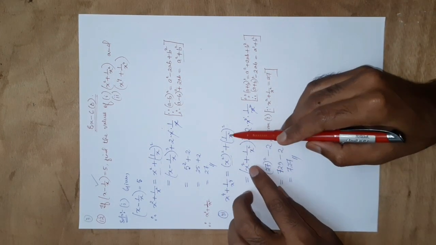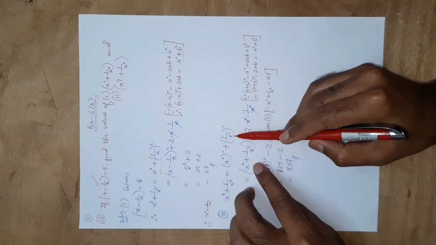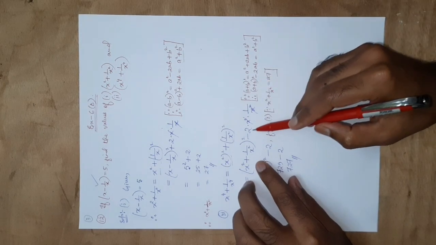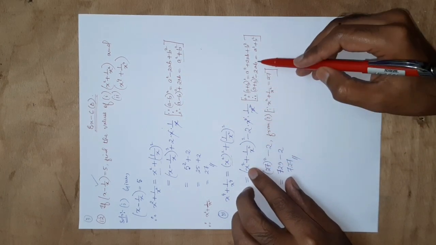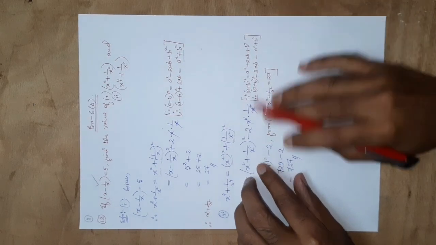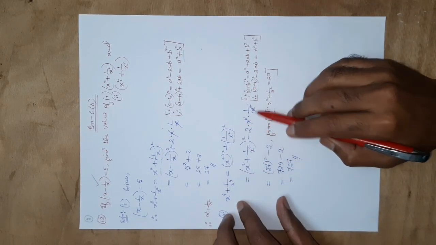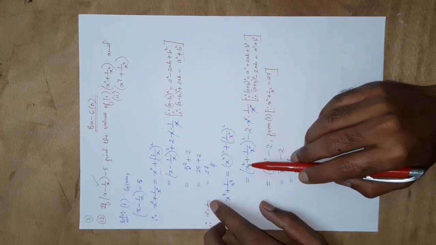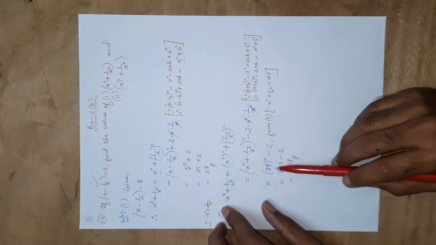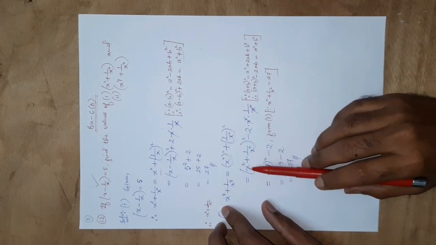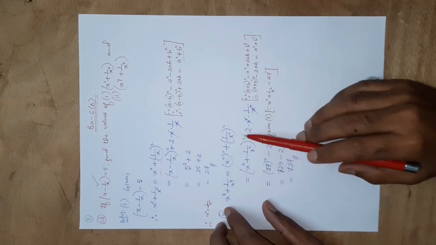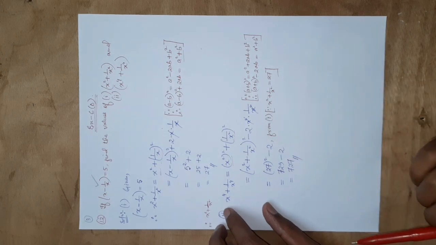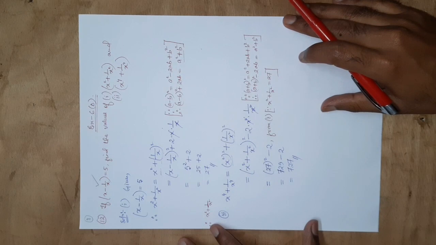So what can I write? a, that is x square, plus b, that is 1 by x square, whole square, minus 2 into a into b. Follow? Here the x square cancels, leaving minus 2 into 1, minus 2. I have this in the form x square plus 1 by x square, and I have the value 27. So 27 whole square is 729, minus 2 is 727.